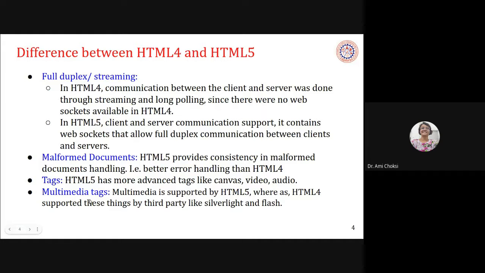Next, multimedia tags. Multimedia is supported by HTML5, whereas HTML4 supported these things through third party tools like Silverlight and Flash. So we can see a lot of difference, or advancement, in HTML5 compared to HTML4.